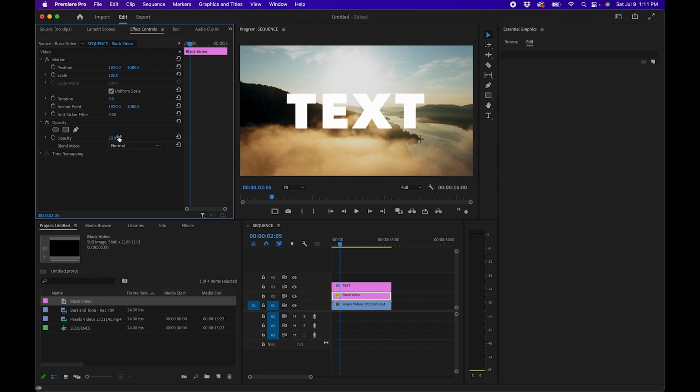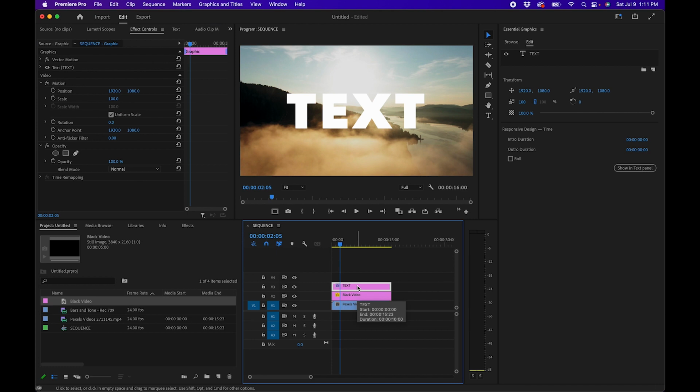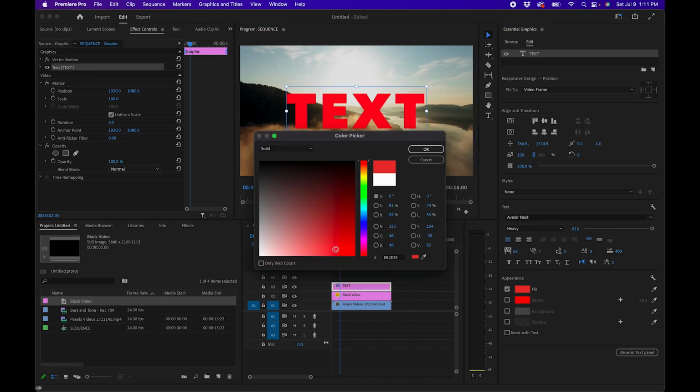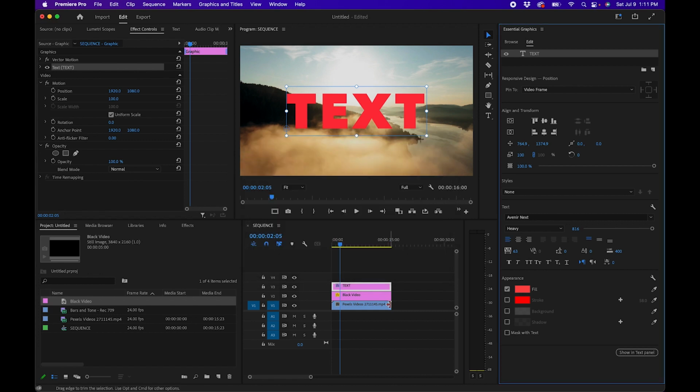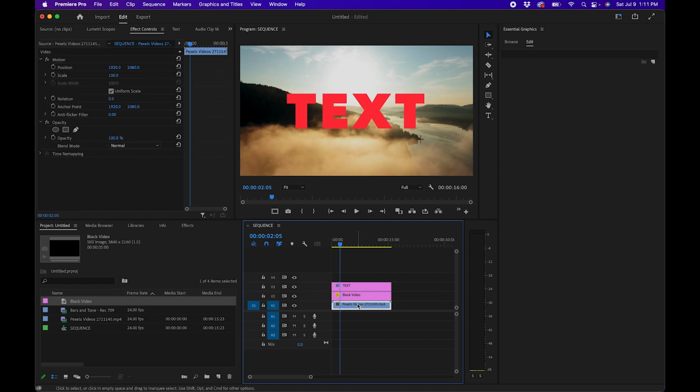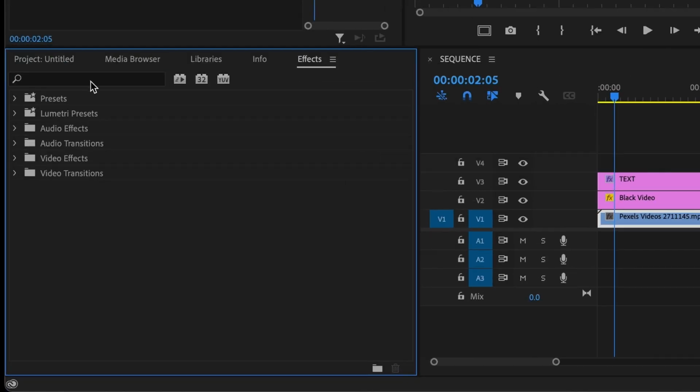Now to desaturate the background, this really works if the text is actually colored. So say if we were working on this project and this text was actually maybe a red. Right now it kind of blends into the background, but if you wanted to desaturate the actual background, the video, what you can do is click on this background layer, go into your effects panel and search for